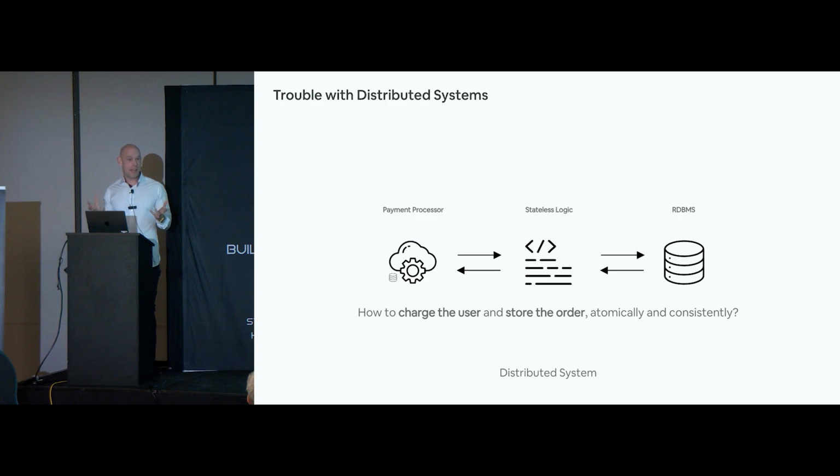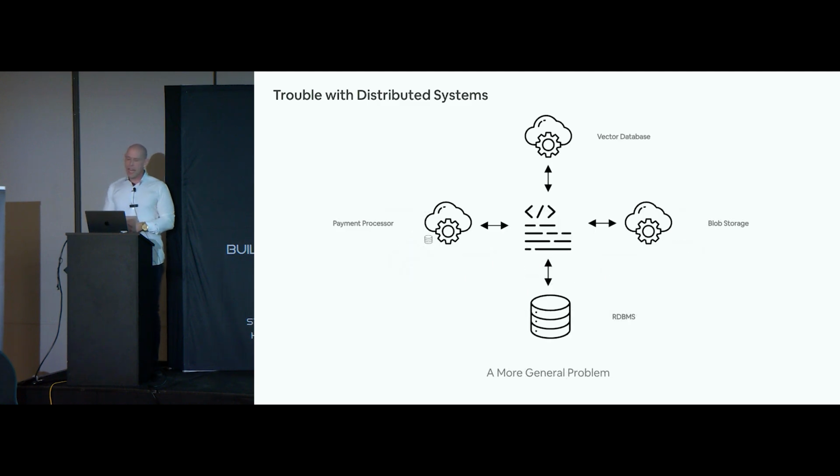This is a major problem, and it's probably a problem you've had before. Whether or not you recognized it and solved it, who knows? But it probably is a problem that you have faced at some point in your career, or your recent career, actually. And that's the most elementary distributed system, and that doesn't reflect the systems we actually build. The systems we build don't just talk to a payment processor and a relational database. They talk to a vector database for AI stuff, blob storage for big data, 20 different APIs, and then, of course, at least one relational database, and probably a NoSQL database and a cache and all these other different things. Our systems are distributed to a massive degree.